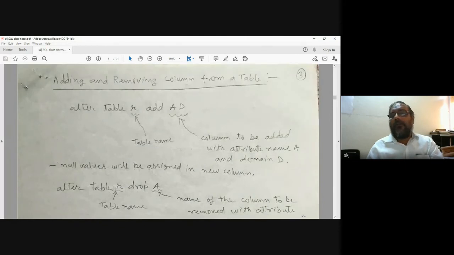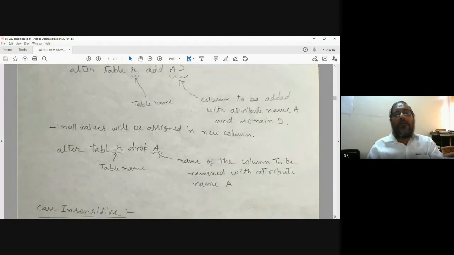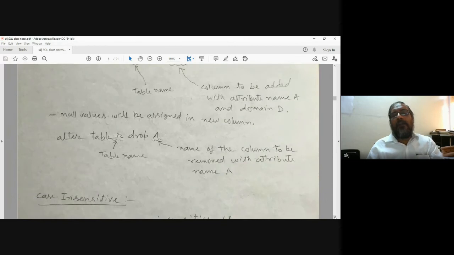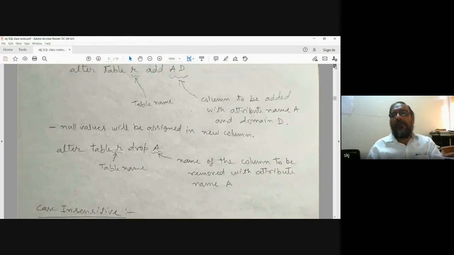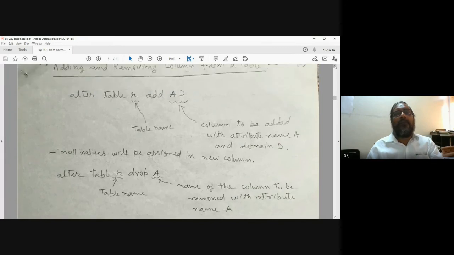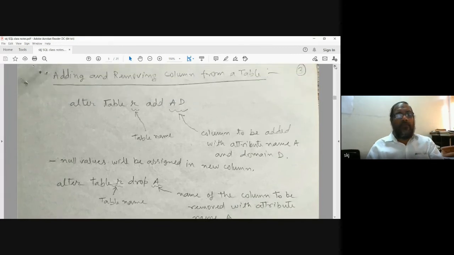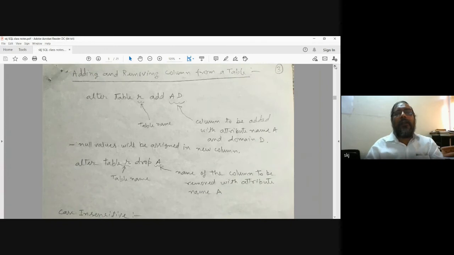Okay, so we drop A, where A is the name of the column that is to be removed. So you can see both adding and removing appearing here.